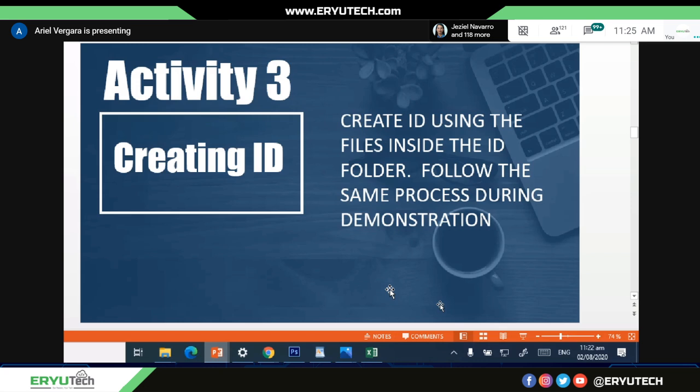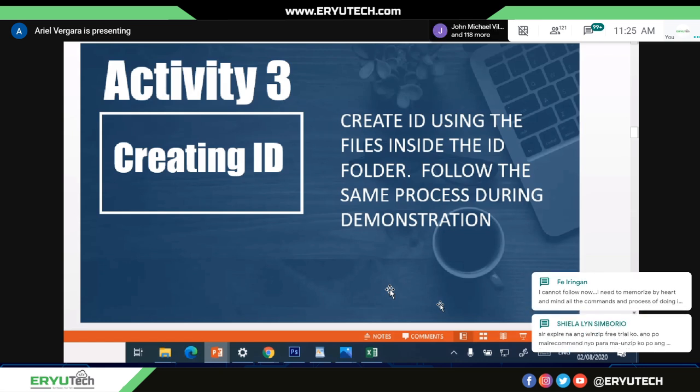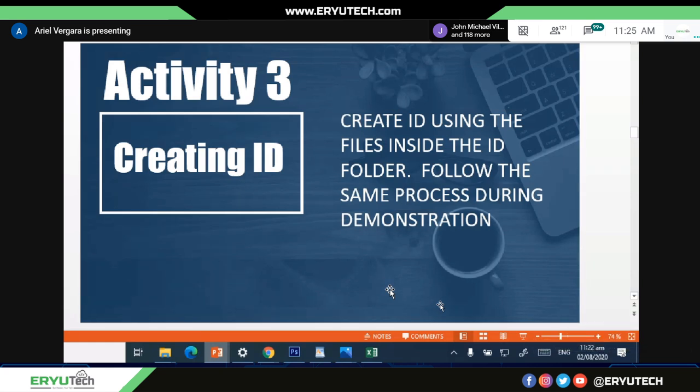Reminder lang sa kanila, just make sure po na hindi nyo maiwawala yung PSD file when you convert that into JPEG. Baka po kasi mabura, just in case may gusto kayong balikan, palitan ng data, mas madali po siyang palitan pabalik doon. And also, regarding po doon sa sinabi ni Sir Ed, napakaganda po noon kung talagang mabilisan ang